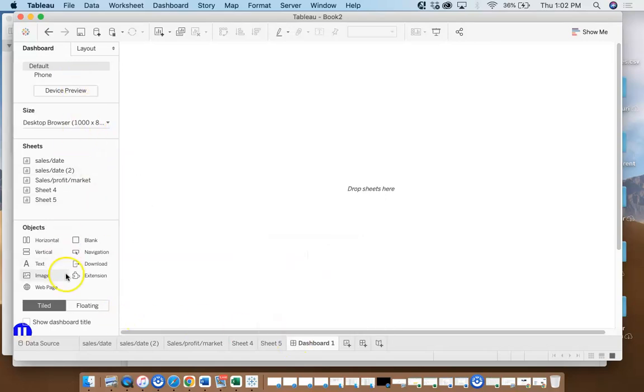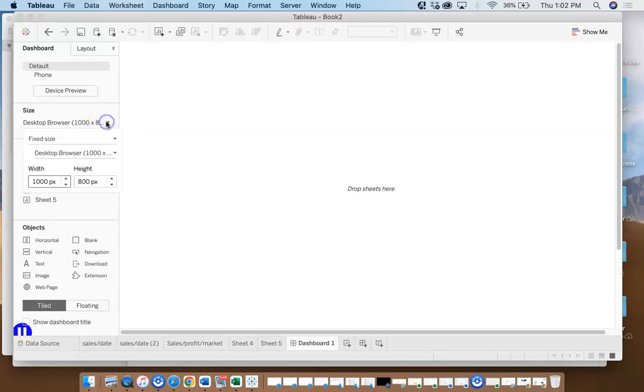We have a number of choices. The first one is the device that you'd like to view the dashboard on. You could use any device. For instance, you can use the phone, you can use a tablet, or you can use your computer. But let's look at the size of the visualization. And so in this case,